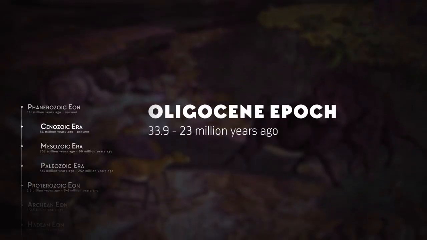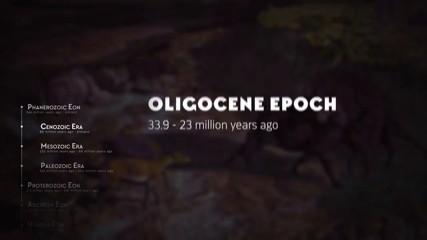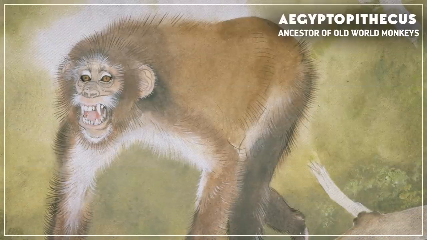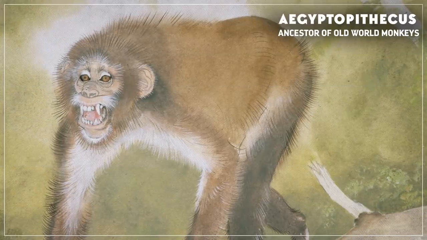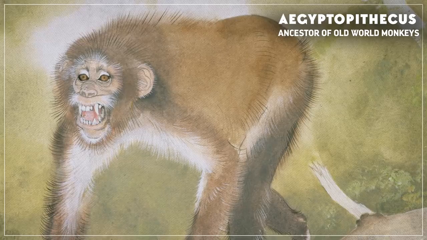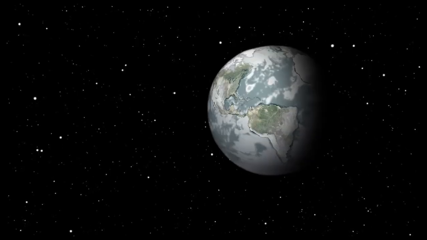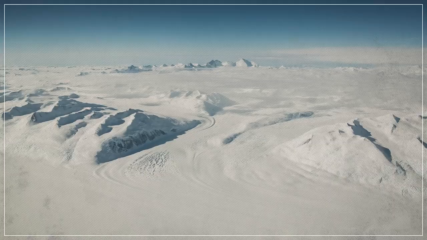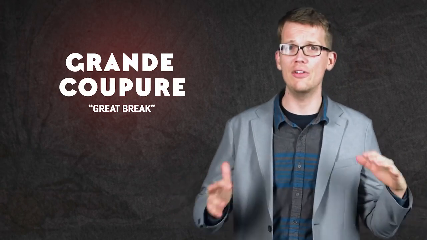By the time the next epoch, the Oligocene, begins around 34 million years ago, we start to see the likes of Aegyptopithecus in northern Africa, an early member of the group that includes what are known as the Old World monkeys and eventually the apes. But now the global temperature was taking an even steeper plunge, with ice sheets beginning to form in Antarctica. And soon, another extinction event began, this one mostly in Europe. It's known as the Grande Coupure, and like most other extinctions, we haven't figured out all the details of what